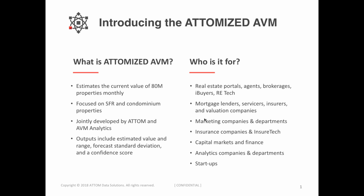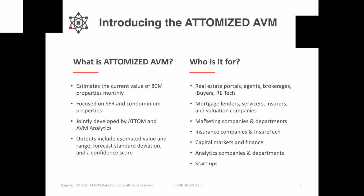Andy will talk a little bit more about our statistical modeling approach and accuracy metrics in a few minutes, but we think we're able to value a high percent of the U.S. residential property set because of our highly localized approach to the problem. Again, Andy will talk in more specifics about the analytics behind this, but 80 million with high accuracy we feel